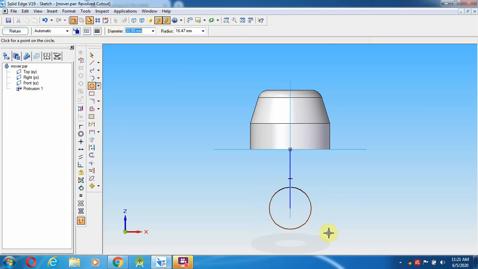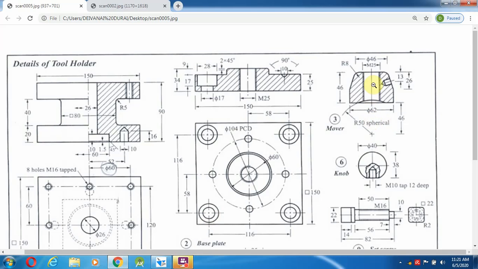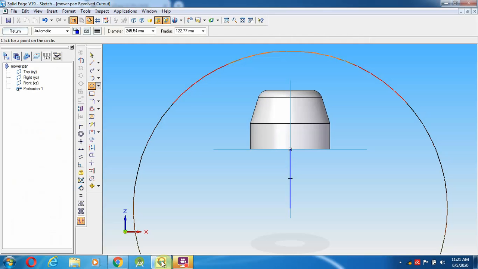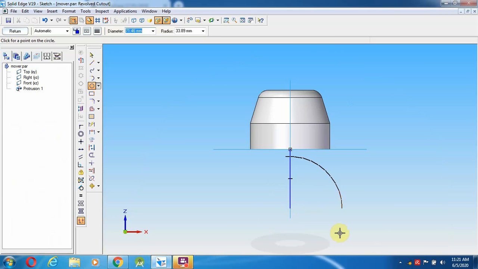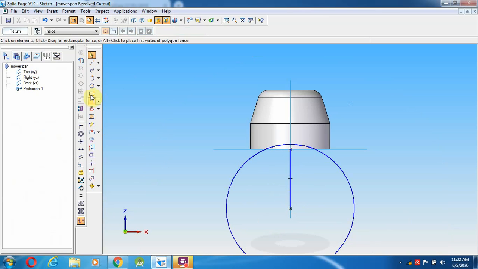From here, the radius is 50 and the diameter is 100. So select the diameter as 100 and enter.